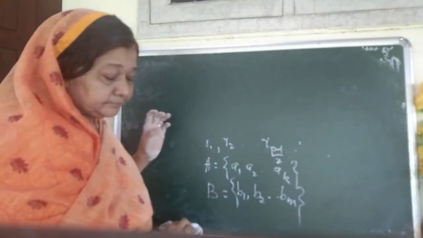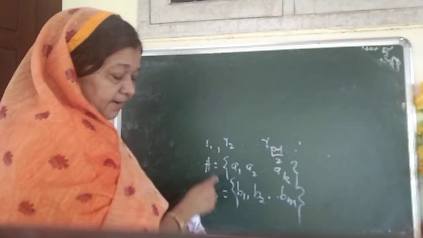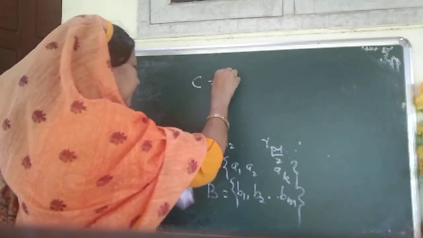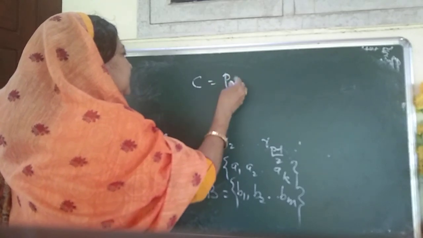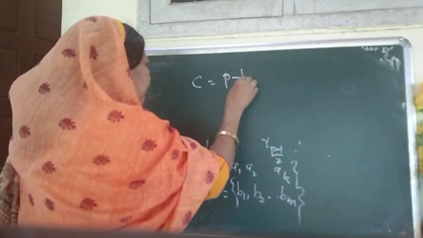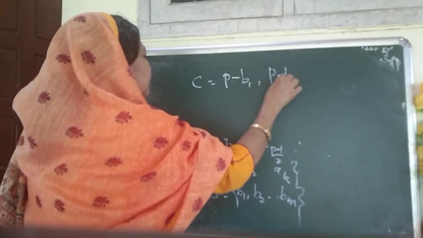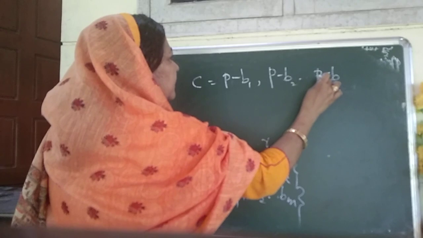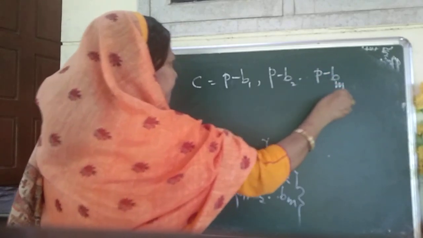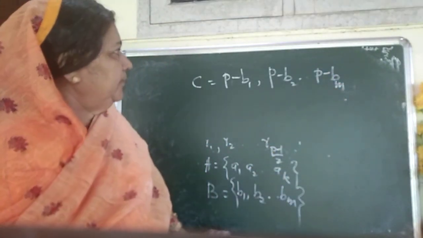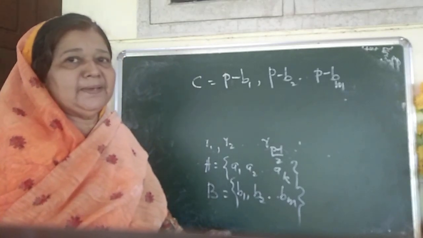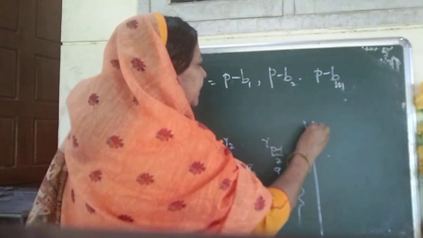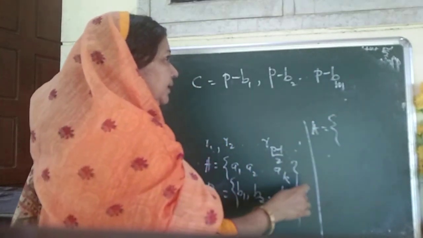Then we can define C equal to p minus b1, p minus b2, etc., p minus bm. We can see that p minus b1, p minus b2, etc. Here, by the example, we see A contains